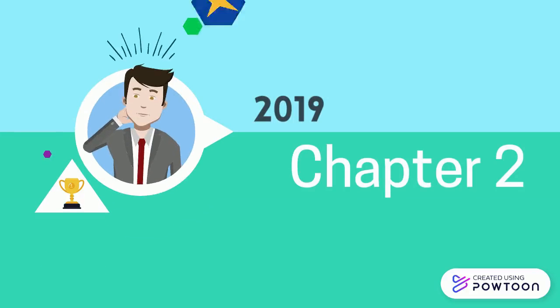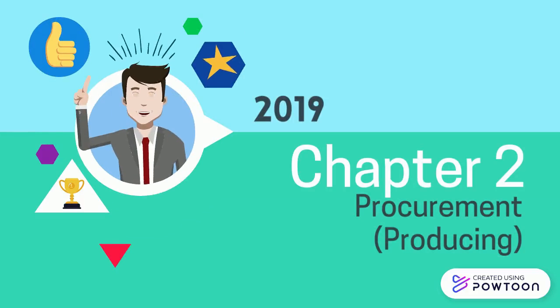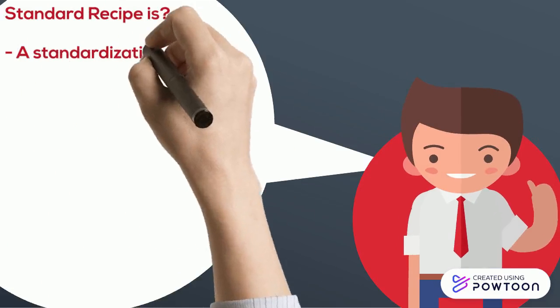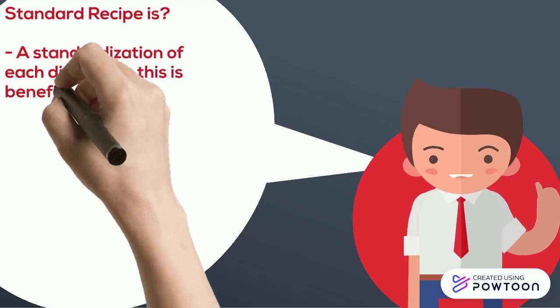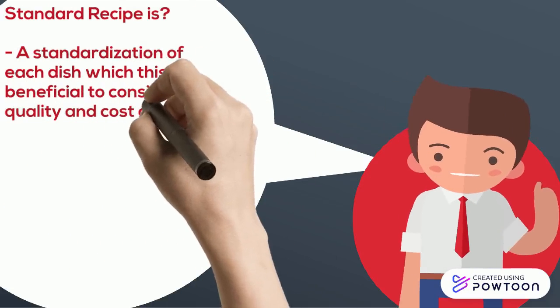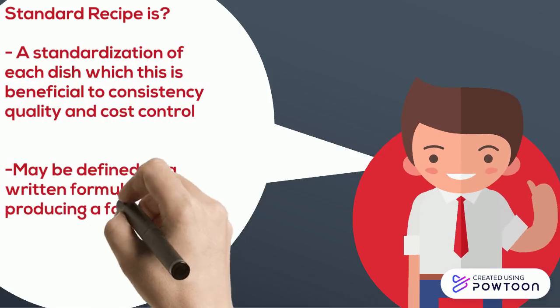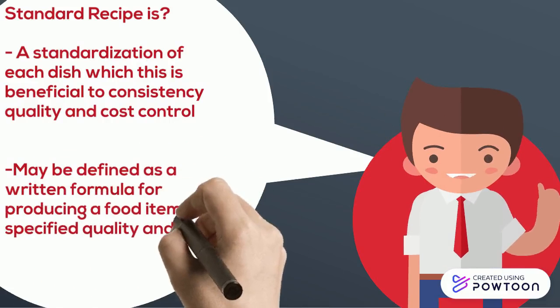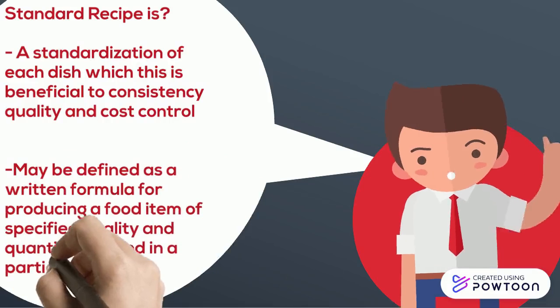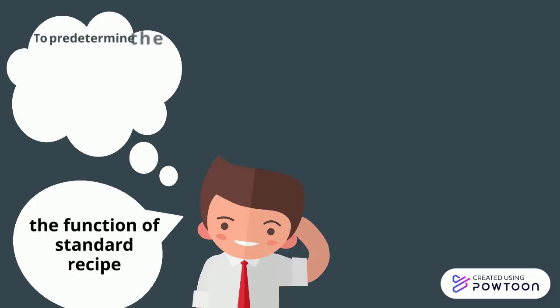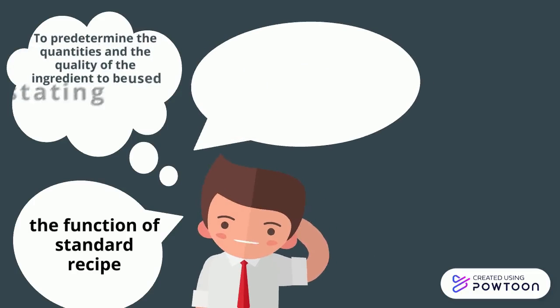Chapter 2, Procurement Producing. A standard recipe is a standardization of each dish, which is beneficial to consistency, quality and cost control. It may be defined as a written formula for producing a food item of specified quality and quantity for use in a particular establishment. The function of a standard recipe is to predetermine the quantities and the quality of the ingredients to